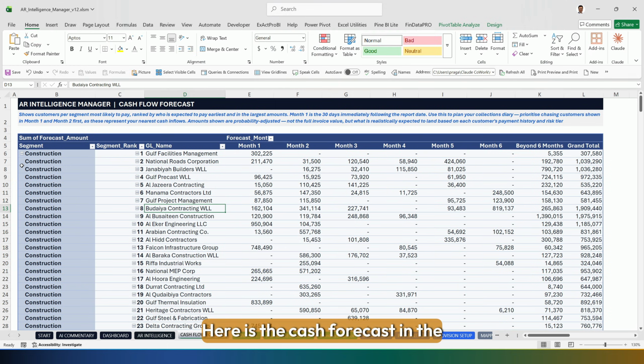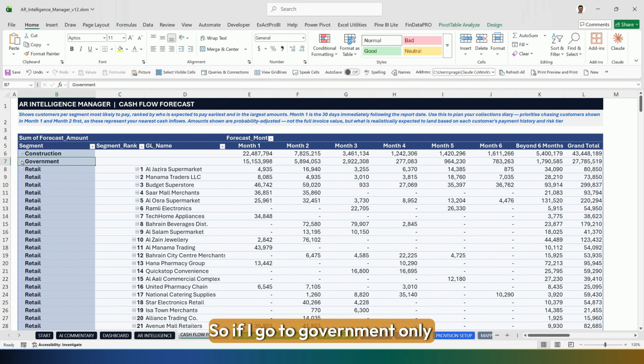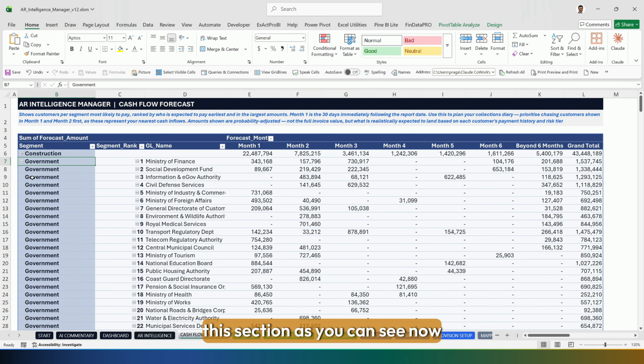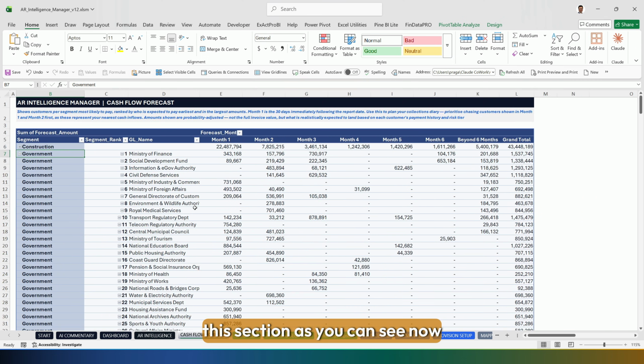Here is the cash forecast in the workbook. Segment rows, month columns, and each cell is the expected cash collection from that segment in that month. Government segment: large balances, long terms, but high collection reliability. The government forecast is front-loaded but spread across more months. So if I go to government, only this section, as you can see,